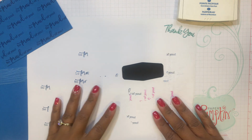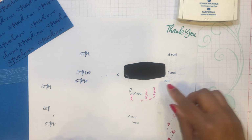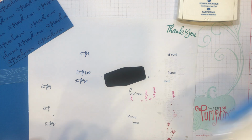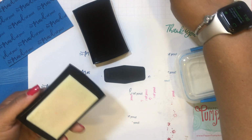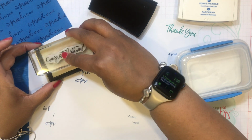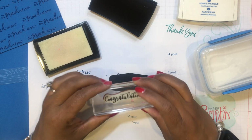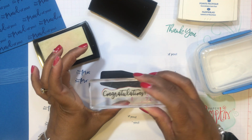So this is where we're going to do our embossing. So I'm bringing in my embossing buddy just to get some powder on that, so the powder won't get stuck, only where I'm stamping. All right. So now I'm bringing in my Versamark ink. When you're embossing, you need to use your Versamark ink, because the powder is going to stick to this stamp. Okay, so I'm just gonna center this on the cardstock just like that, and I'm gonna emboss in